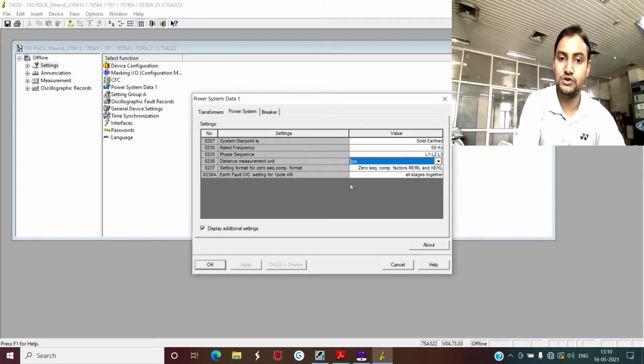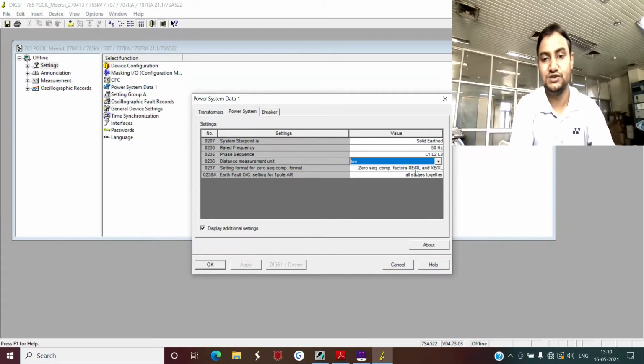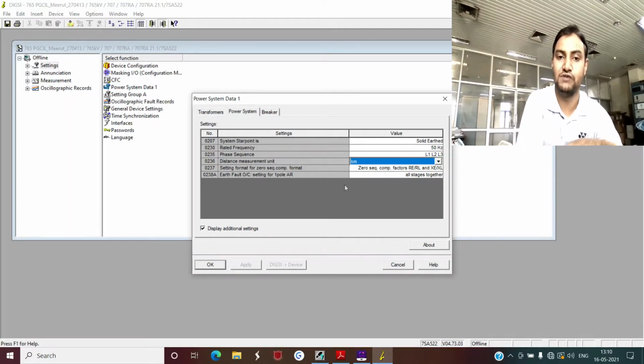Then the setting format for zero sequence compensation factor. I think I have not discussed it in any of the theoretical lectures, but I will discuss it later. The zero sequence compensation factor is basically needed because in case of phase-to-phase faults, suppose the fault is in RY phase, the current of R phase will return through the Y phase only.